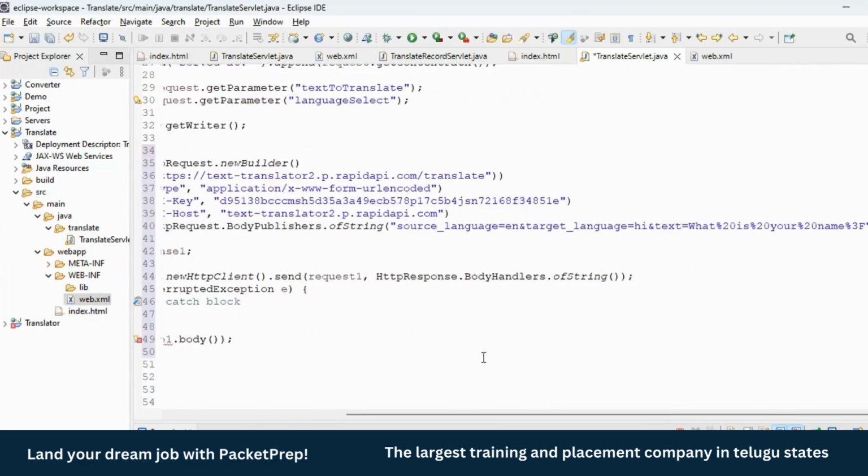Now here, if you notice one thing, source language is EN. That's fine, we are entering in English. Target language is HI, which is Hindi. Every time I enter my text, suppose I'm entering it for Spanish, it should return me the text translated in Spanish, but here it is written HI, which is the language code for Hindi, which we don't want because we tested for Hindi. The same URL is added here, which I don't want. It needs to be different with every language I select. So for now, what I'll do is remove HI here,